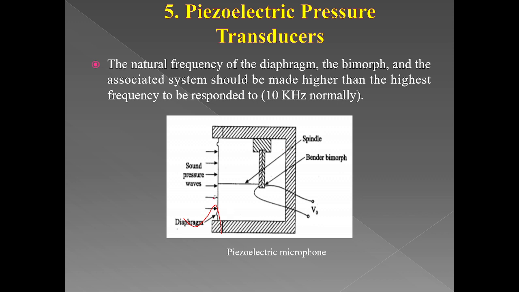Okay, so the diaphragm given here is to control the over pressure given by this as an input. Okay, so there is one range. It will always be working in the range of 10 kilohertz normally. This is the piezoelectric pressure